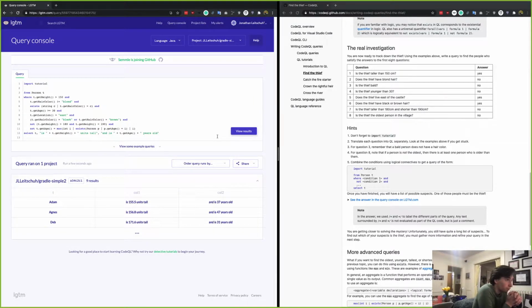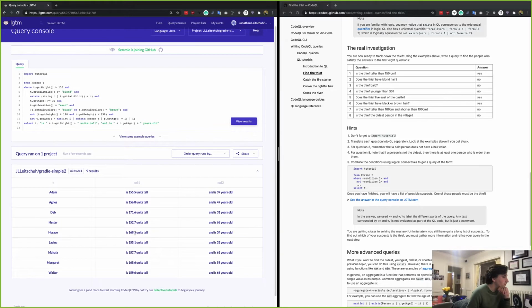I still have 9 results, so I have missed something somewhere. I believe that the oldest person in the village is Susanna. Yep. Who has already been crossed out. What I did is I returned the oldest person in the village by selecting the maximum. So you ran it as another query? I actually didn't run it as another query. I just added another item in the select line. Mm-hmm. So at the very end, just do comma, and then return